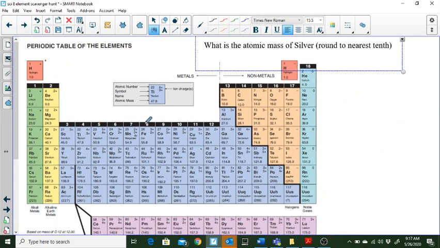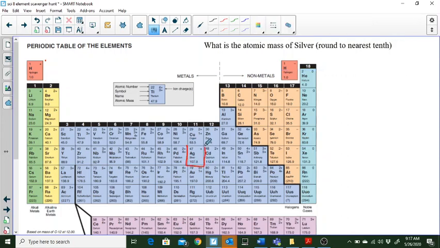All right, and here we come. What is the atomic mass of silver? Well, we've already seen silver. Silver was element number 47. And so here we see the atomic mass of silver. The atomic mass is that bottom number, 107.9. Now, some of you might be saying, 107.9 what? Is that kilograms, grams, whatever? Well, sometimes we'll talk about 107.9